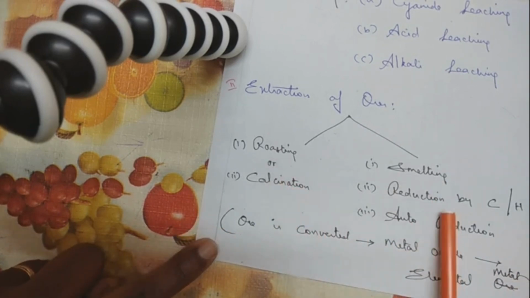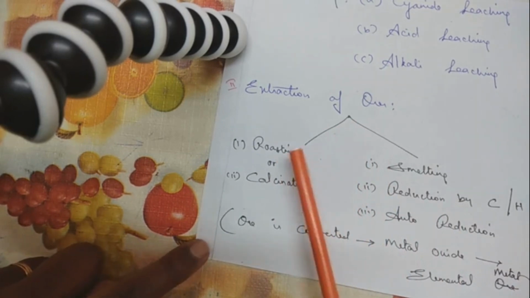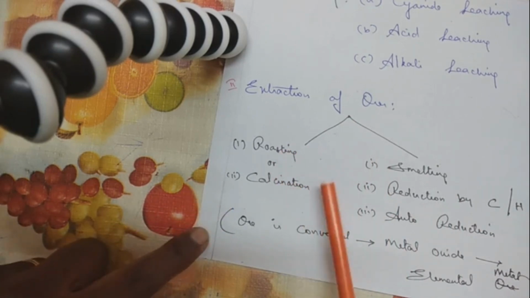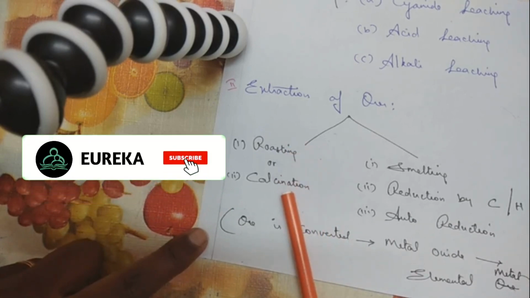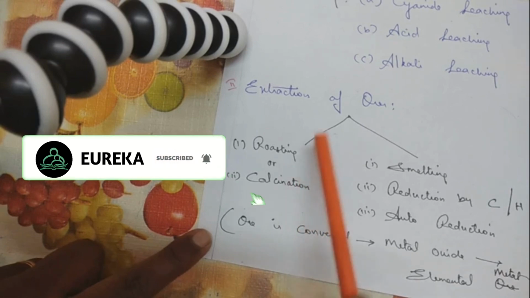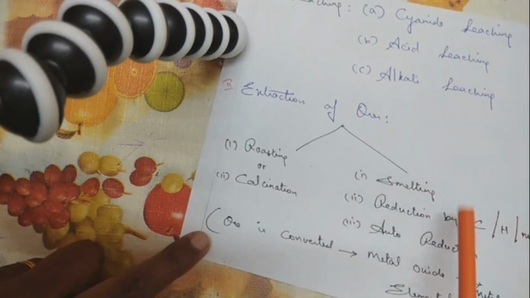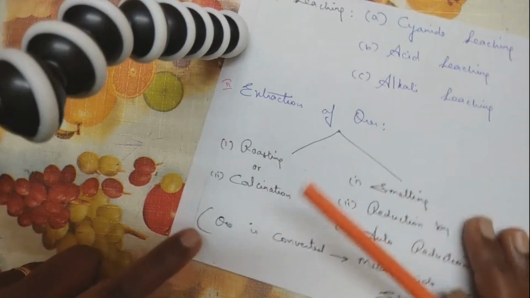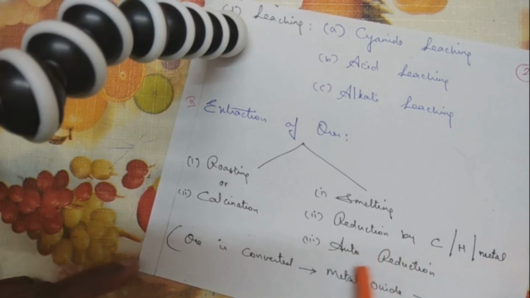Now the steps involved here are: depending on the type of ore that we take, we subject it to either a procedure called roasting or calcination. Here again remember the meaning of just 2 words. Roasting means heating in excess of air, and calcination means heating in the absence of air. After subjecting the ore to either roasting or calcination, we move on to the next step called smelting. And after smelting, there is the reduction procedure. The reduction can be done either by carbon, or by hydrogen, or by a metal, or auto reduction also is